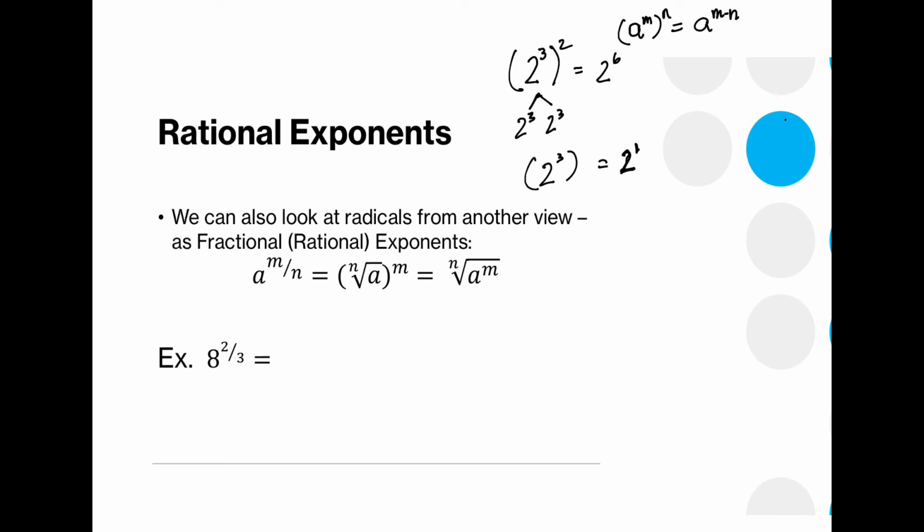And so you have to think, okay, well, what would I multiply 3 by in order to get 1? And of course, we know that we would need to multiply it by a fraction. 3 times 1/3 is 1. So this gives us an idea of what a fractional exponent is. A fractional exponent, which we would say is a rational exponent,